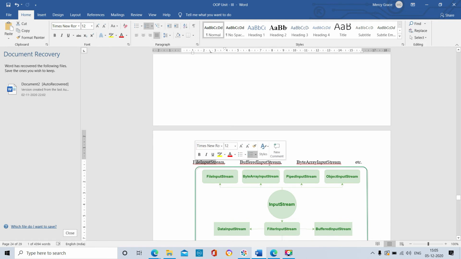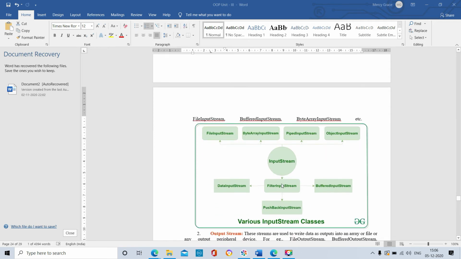BufferedInputStream gets the input data, and buffering means flushing: it is a temporary storage which stores the input data and flushes it immediately after completing the program. ByteArrayInputStream is the class used to get the input in array format.